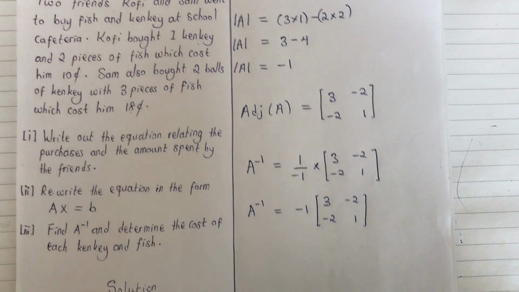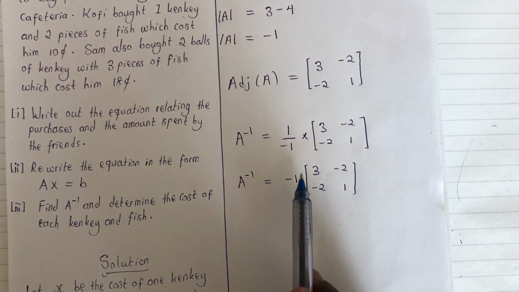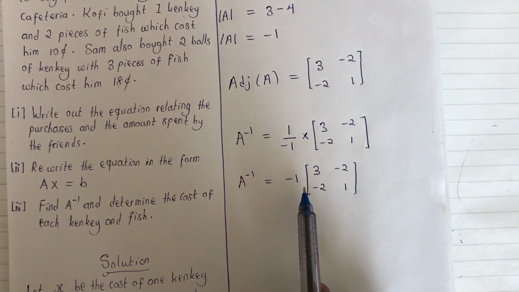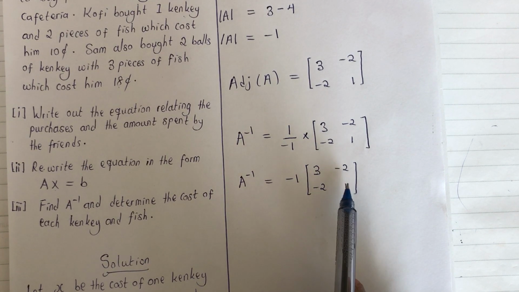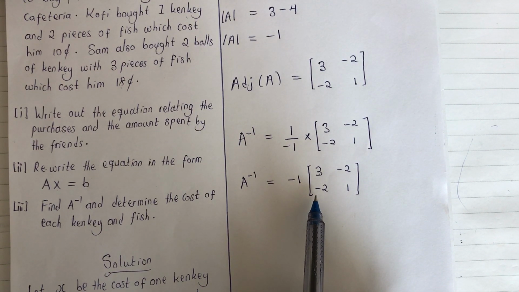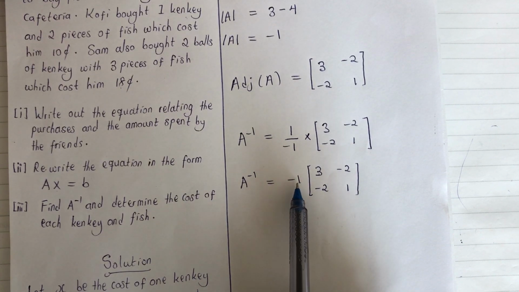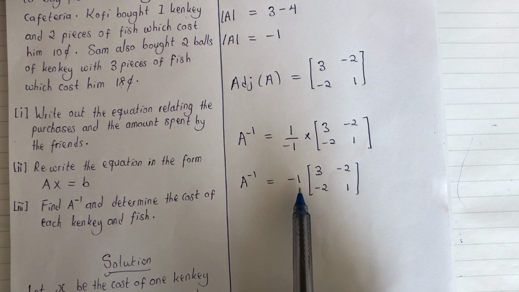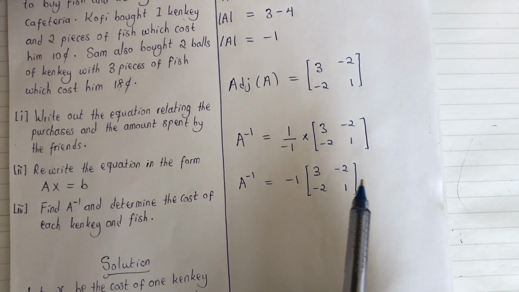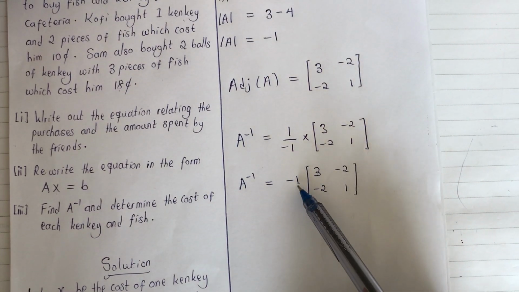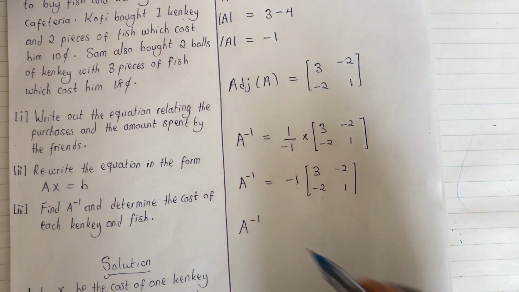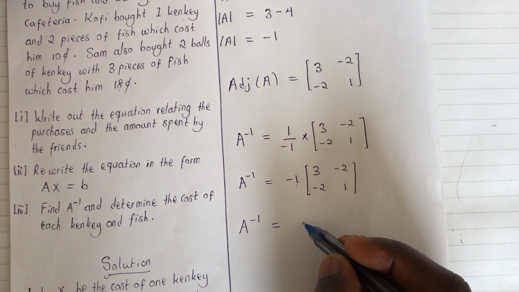Now note carefully that because the determinant was giving us a negative 1, we don't have a fraction here, so you can use this to multiply through. But in my first example under this video, you can check this in the playlist General Mathematics, the first example under this, you see that there is a fraction here. If you have a fraction here, don't use it to multiply. Wait, you will use it at the latter end. So we can use the scalar negative 1 to multiply through, and we have our A inverse being equal to